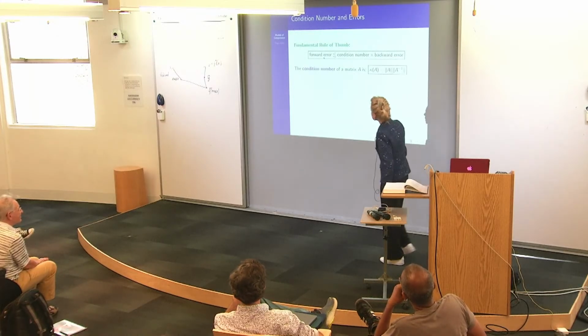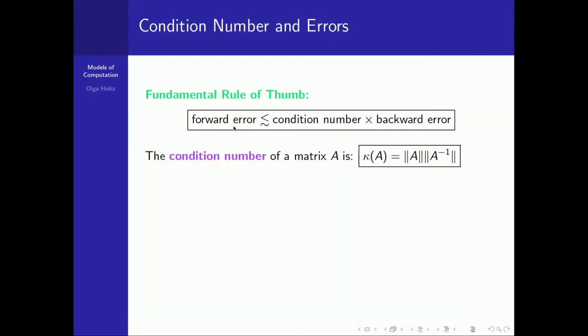Okay. So as you can see from what we just discussed, the forward error is roughly speaking bounded by the condition number times the backward error. That's what we saw. And in the same manner, you can think about vector-valued quantities and matrix-valued quantities, and even n-dimensional tensor-valued quantities. You just need to redefine the condition number accordingly.